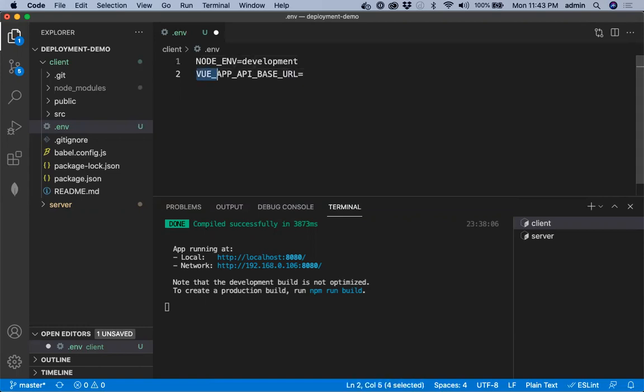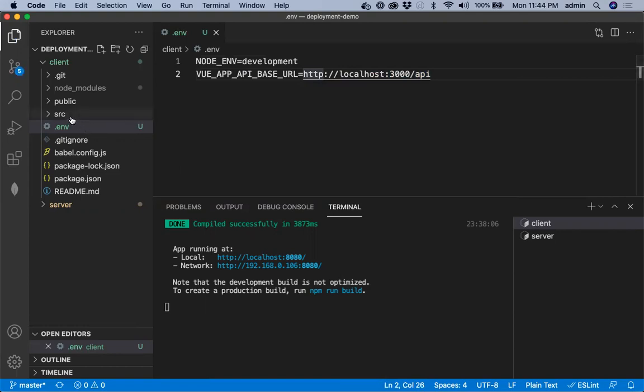This should start with VUE_APP_, and we'll set it to http://localhost:3000/api. That's the prefix for our API endpoint /api/workshops we are using. So that's the backend URL.